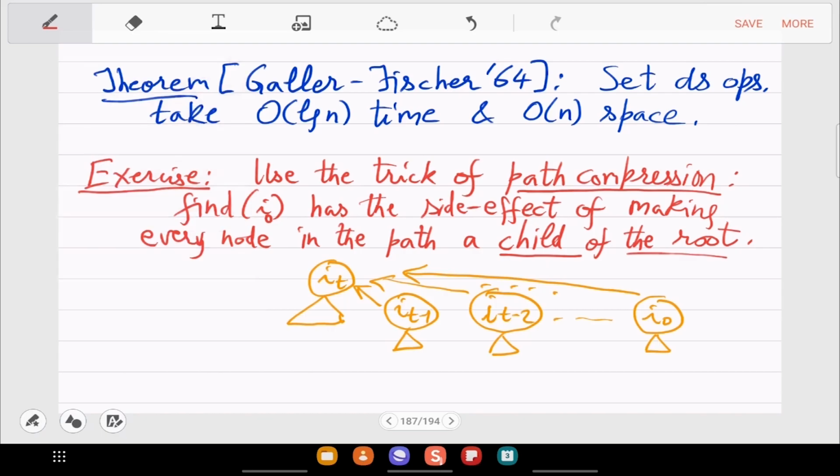from log n. So it significantly improves to something called log star n. Okay, so this log star is